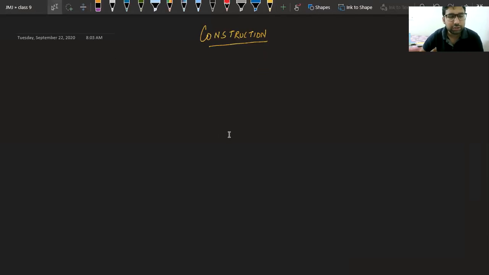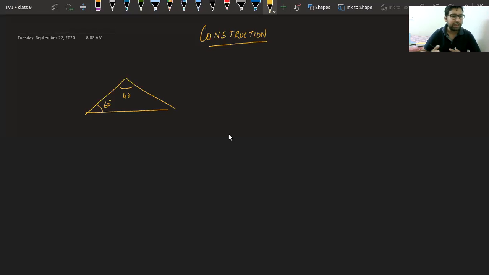So class, good morning once again. In the previous chapters on geometry, we have seen the significance of diagrams. We have seen circles, we have seen triangles, the criterias. The main thing was in those chapters we were making only a rough diagram like this. We used to draw a rough diagram just for an idea, and we used to write like this 60-degree, 40-degree, whatever angle we had, we just used to write over there. It was not correct practically, but it was just for an idea.